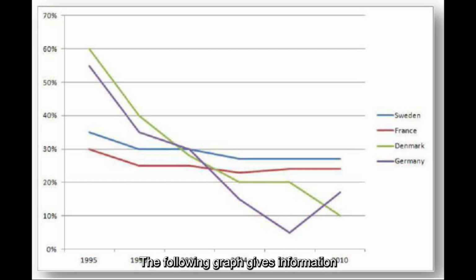The following graph gives information about the percentages of an unknown metric across 4 countries from 1995 to 2010. This is a line graph showing trends for Sweden, France, Denmark, and Germany over the years. According to this graph, Denmark had the highest percentage in 1995, with a significant decline, reaching the lowest value of